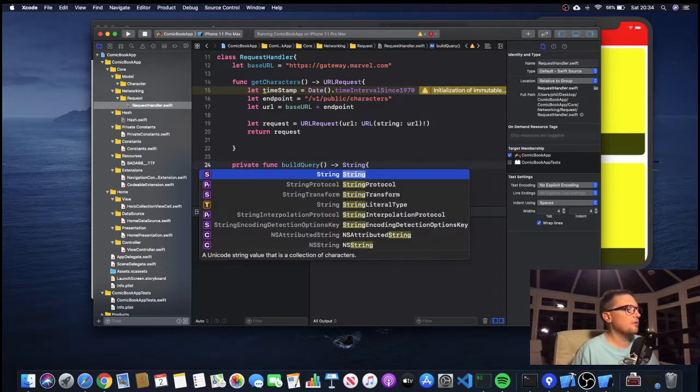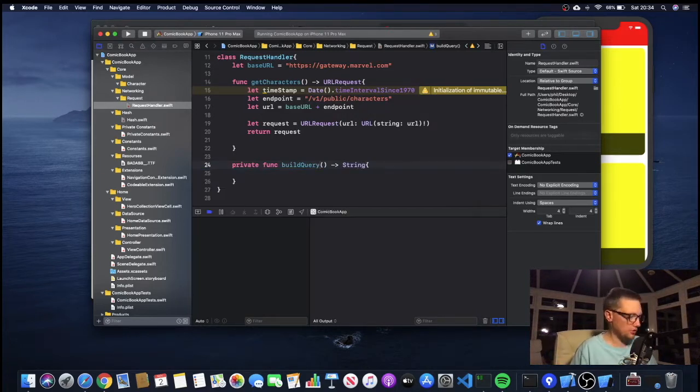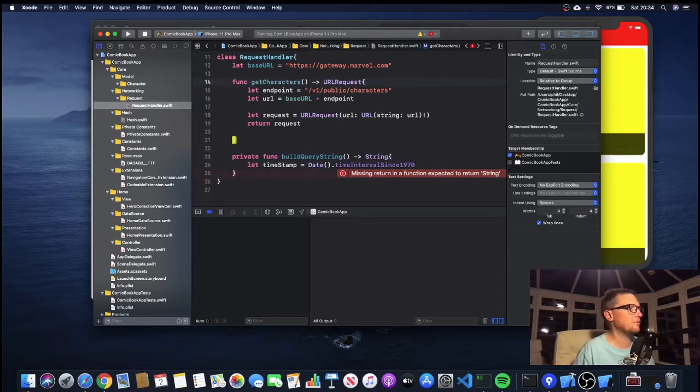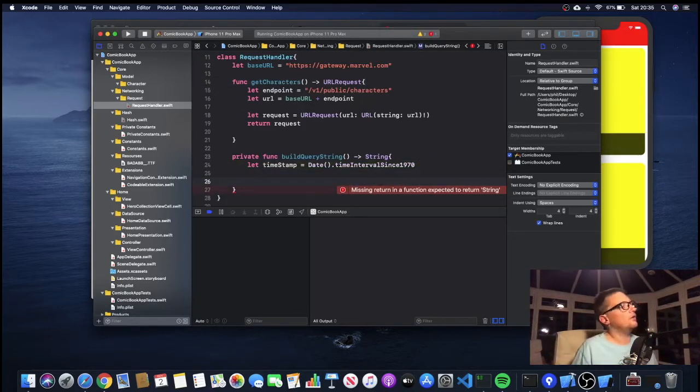So we've got this buildQueryString, which takes in nothing and returns a String. In actual fact, I'm just going to move this timestamp from here into here, and we'll use it here. We're not going to use it in our getCharacters function, we're going to use it in our buildQueryString function. So here we need to do something like var queryString equals